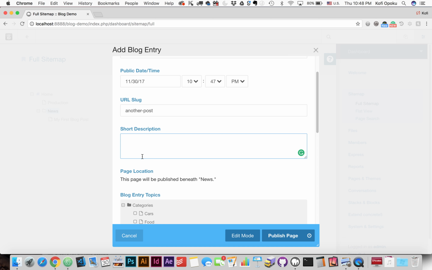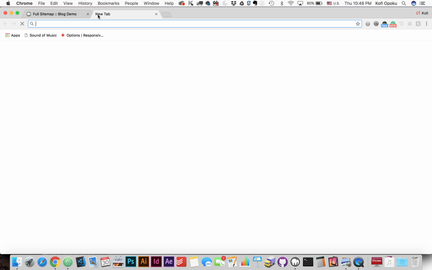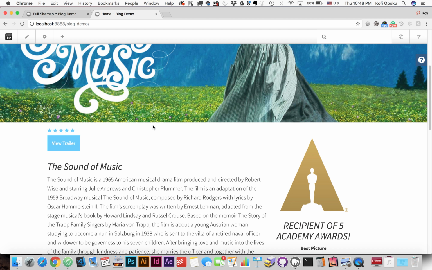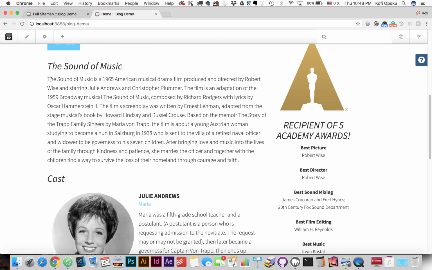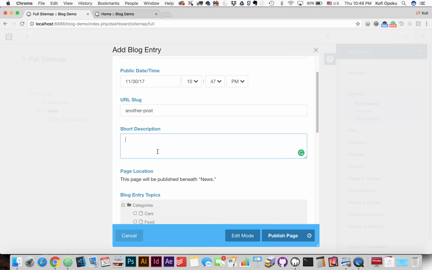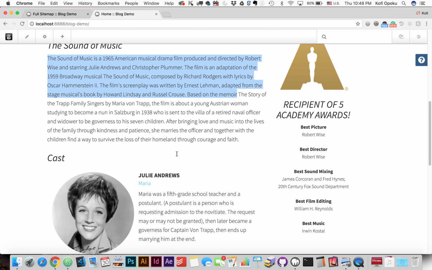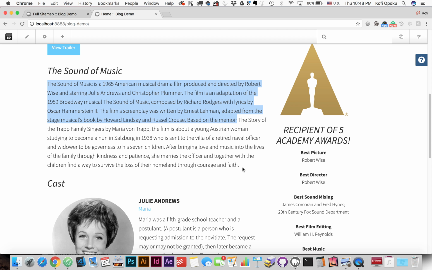Let's see if we can find some more text. All right, so I'm just going to try and cheat a little bit by copying some text from here. So we'll just copy it up to there. That's probably more than 250 characters. And now I'm just going to paste the description in here. Okay, and I'm going to copy all of it,